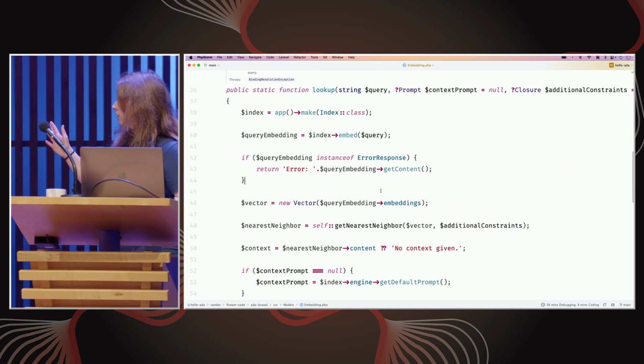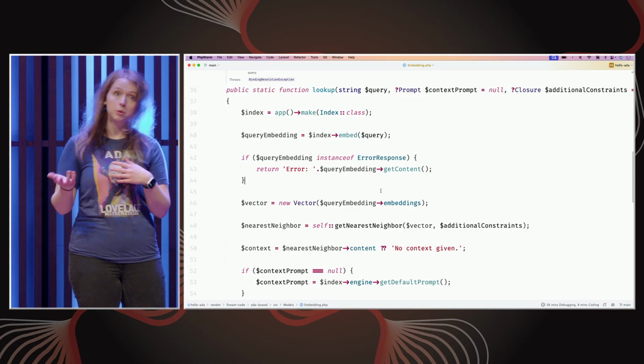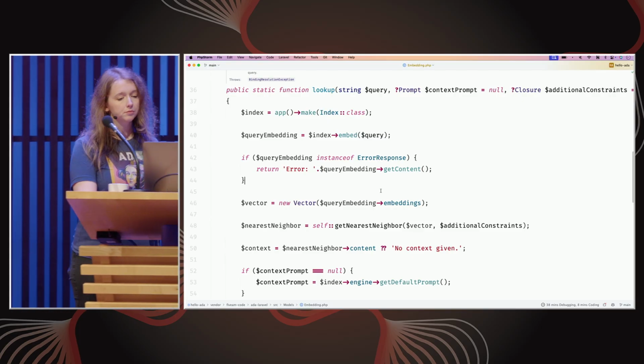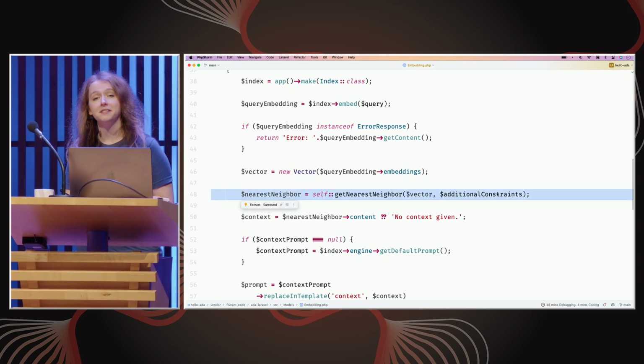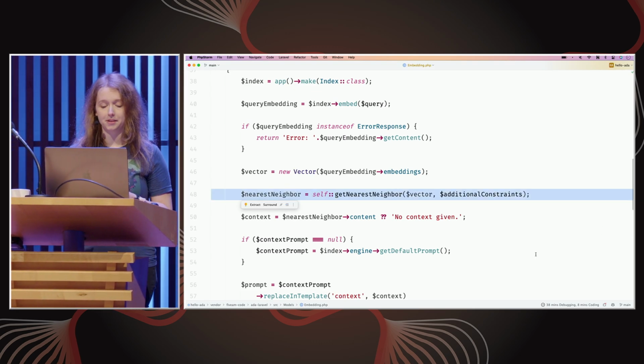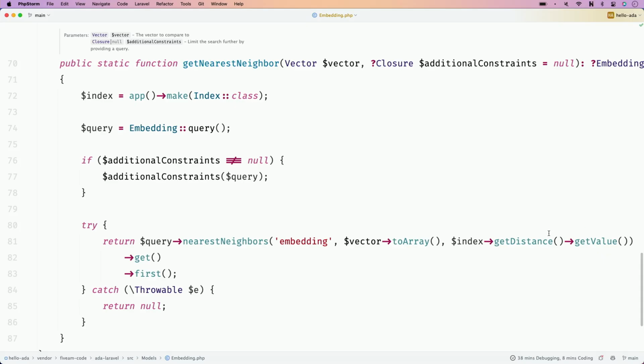And at first, this method pulls an index, because we, again, need to embed something. We need to embed the query. So where does the PHP elephant live? What is the context and the semantics of this question? And we will get back a vector. And with this vector, we can perform a nearest neighbor search on the database. And that is here.